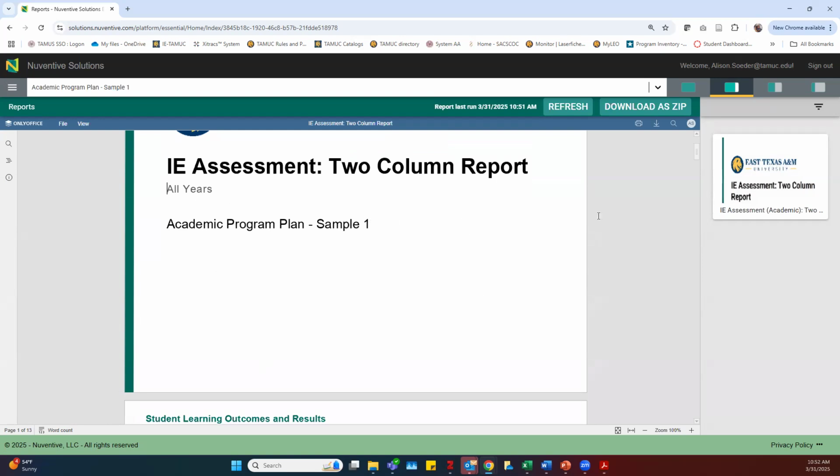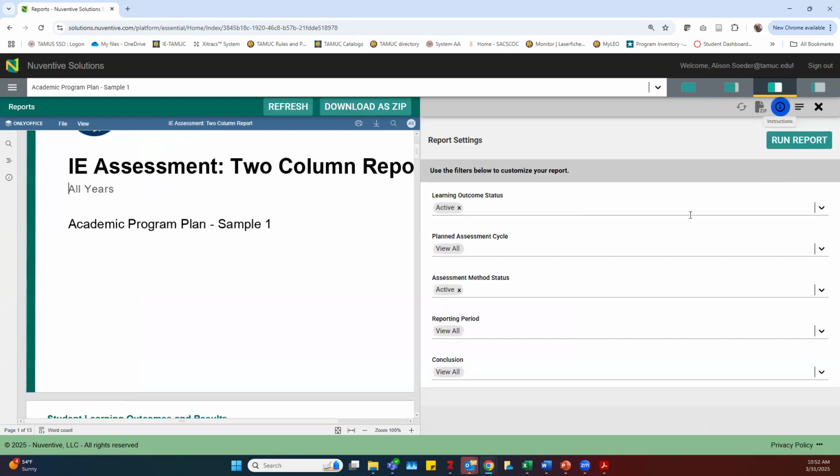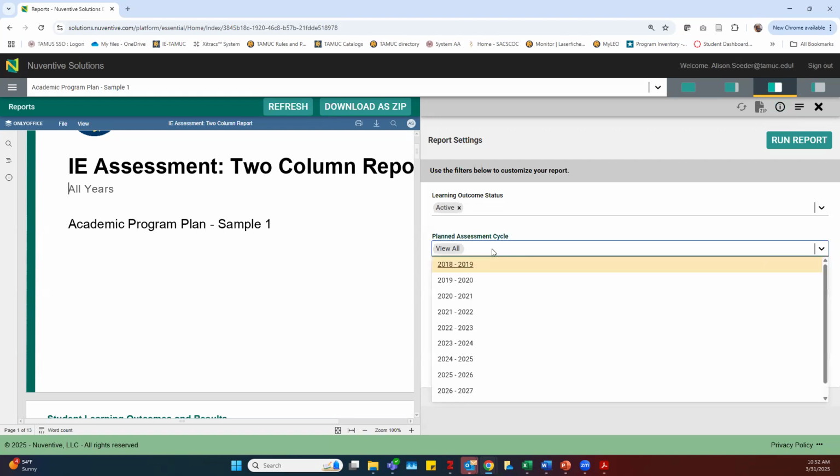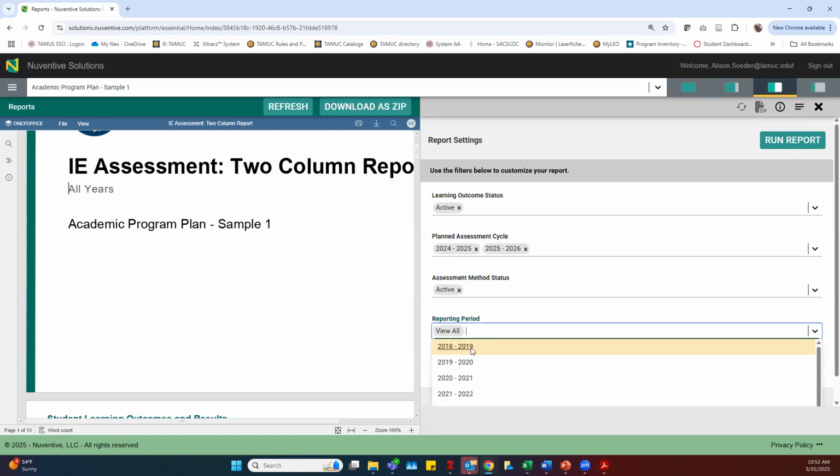If you're trying to just focus on the most recent data, or maybe just identify the 24-25 results because you really want to make it easy for yourself to see what you talked about last year, come over here to this button to select your filters. And this will let you filter this report to be more focused on what you want to focus on. So in our planned assessment cycle, let's say I don't want everything that's ever been done. I really just want to look at what I did last year and what I've said I'm going to do next year. The reporting period,